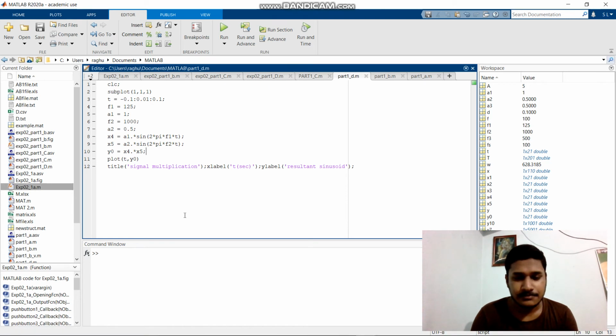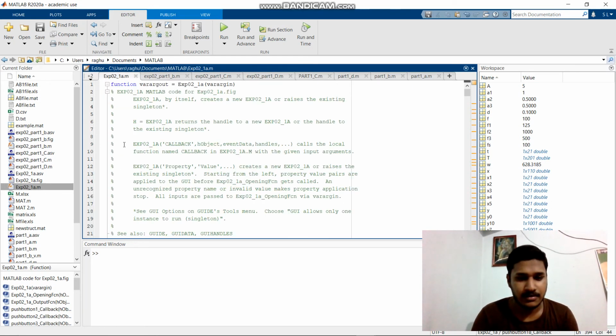Coming to the last part, we have the MATLAB graphical user interface. A GUI provides point and click use of the software we develop. We need not write any commands to verify the results. We just use a push button, and using point and click we can verify our results, and also share apps. To start the graphical interface in MATLAB, we type a command at the MATLAB prompt, and the command is called guide.